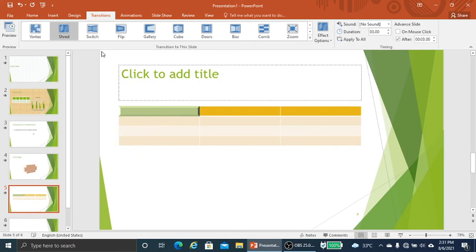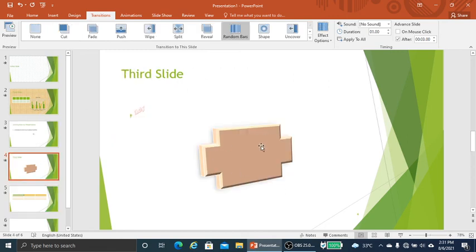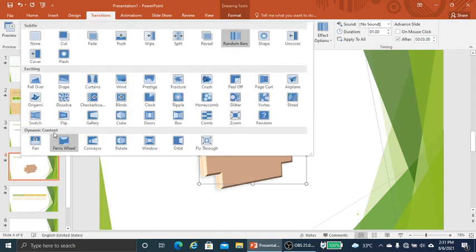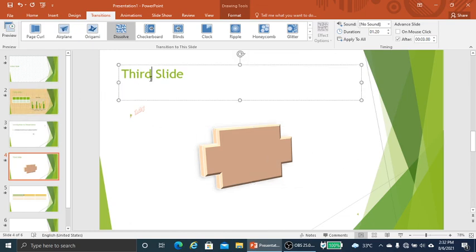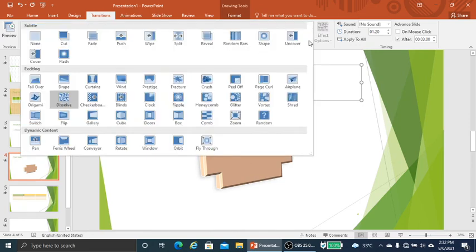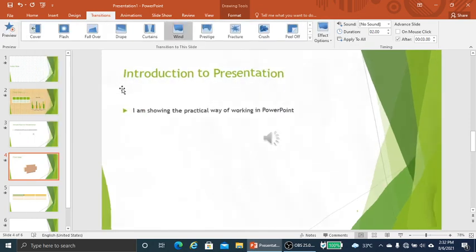To apply any transition, we first select the slide. We can apply a transition to an object also. I am selecting this object, then choosing, say, the Dissolve one. We can apply a transition to a slide or to any object, even to a text. This particular text I want to have a transition design. Say Windy, it should come windy.